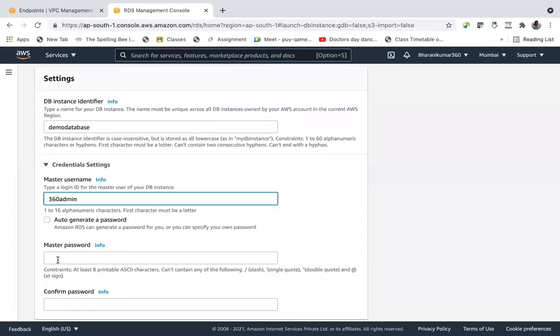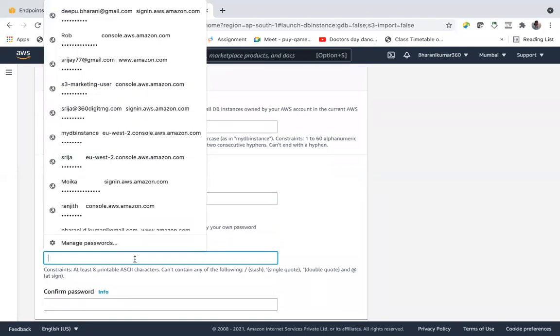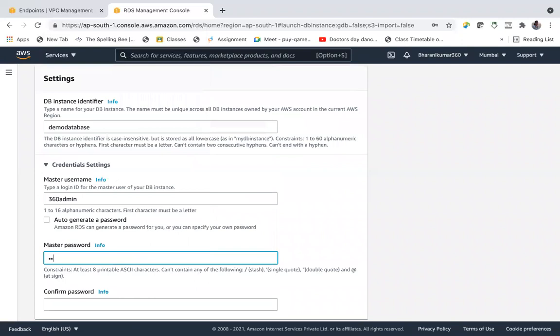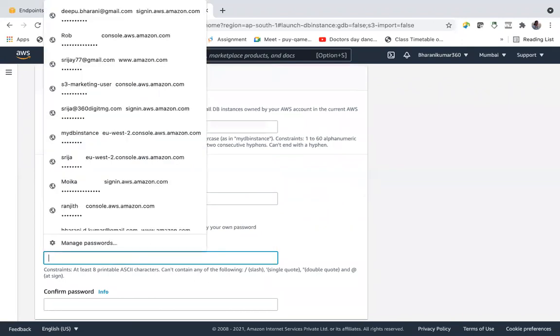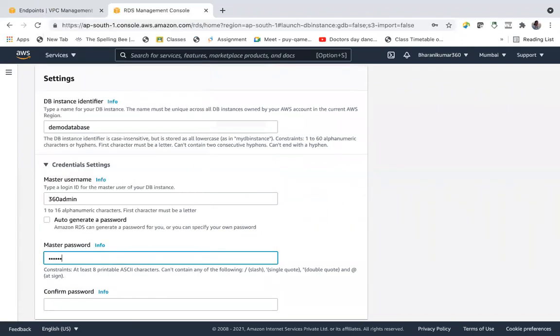And for the password, you can give your own password or auto-generate one. You have to use this password again when you want to connect with your database.